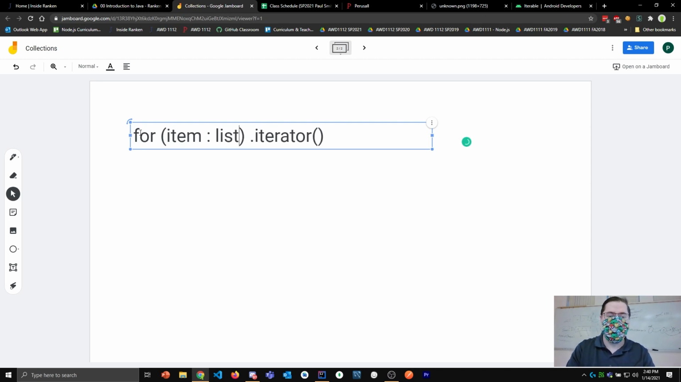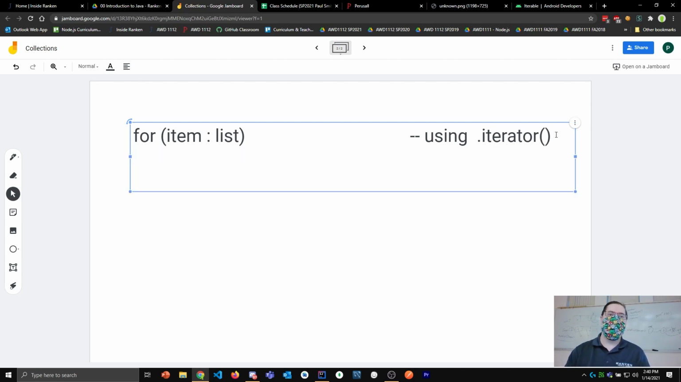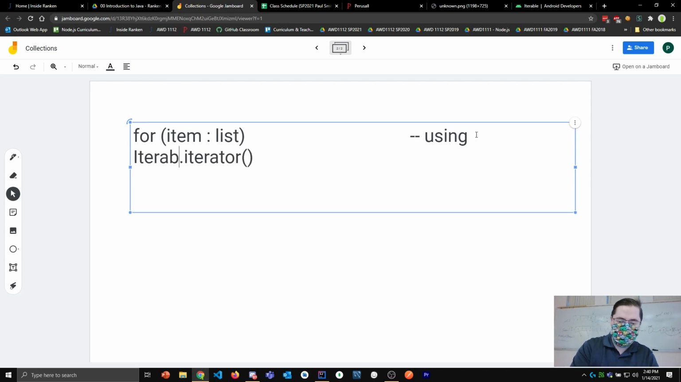Enhanced for, does that just mean for each? Yeah. Oftentimes, because the word each actually isn't in the syntax, a lot of times the textbooks and people that talk about it will call that the enhanced for. So you'll hear it by both names. So that's implemented using iterator, right? So iterator exists on the iterable class, right? So if you want to do that,